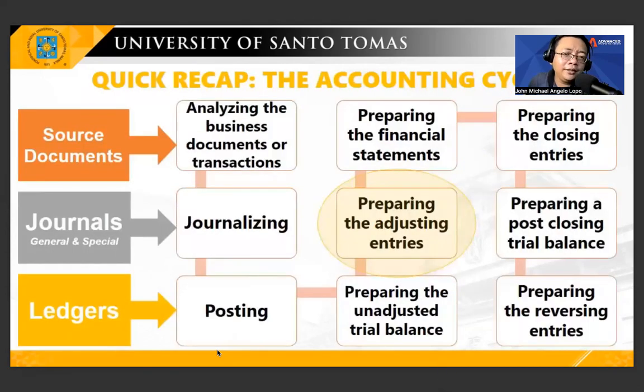Yan. So, ito na yung ating diniscuss, no? Okay. If you remember pa, ha? Source documents, di ba? In our part 1, no? Accounting cycle, analyzing the business documents or transactions. Then, you journalize. Then, you post. Then you prepare trial balance, then prepare the adjusting trial balance, FS. No? Hopefully, naalala pa yan. No? Then closing the entries, then post-closing the entries. Ito lang yung wala natin. Ito kasi is optional. Optional kasi ang reversing entries.